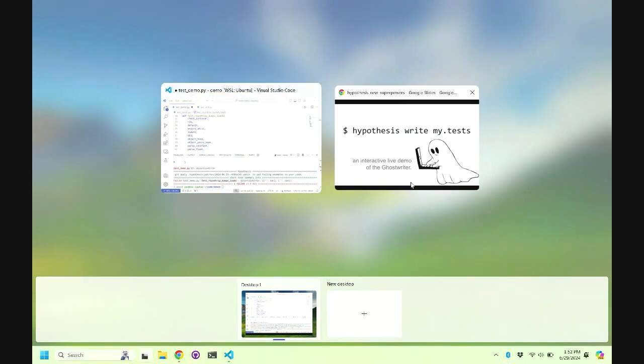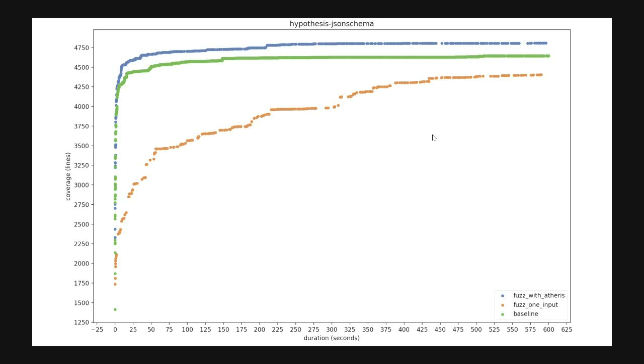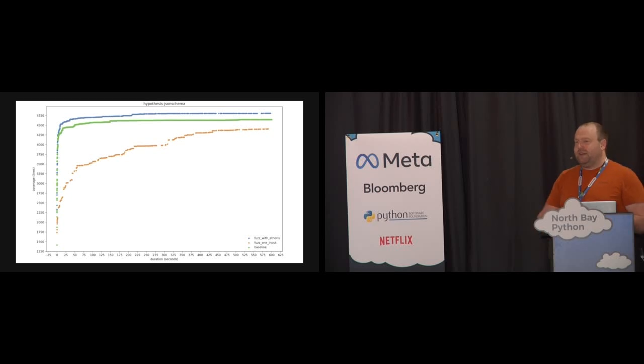So, the ghostwriter is pretty cool, but it's not the only feature I wanted to talk about. The second is fuzzing. Hypothesis by default is organized around a unit testing-like workflow, where you stand on stage and you run your code and you want it to give results really quickly. Or maybe you're at your desk preparing a pull request and you want results quickly. But because this is a search process, it would also be reasonable just to leave it running overnight and come back in the morning and see if it had found any bugs for you.